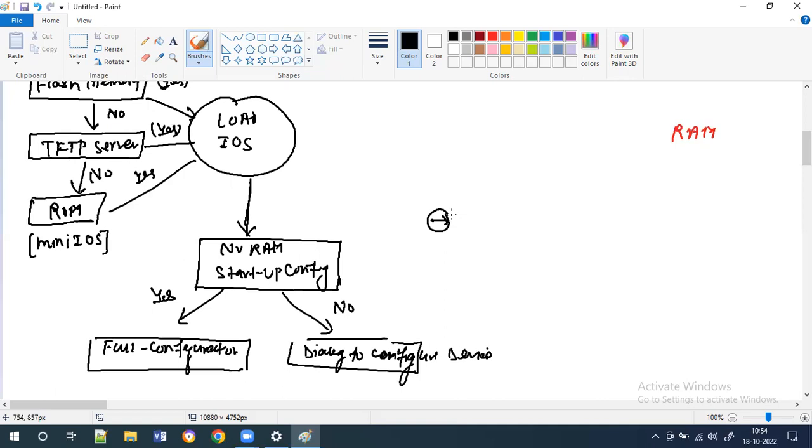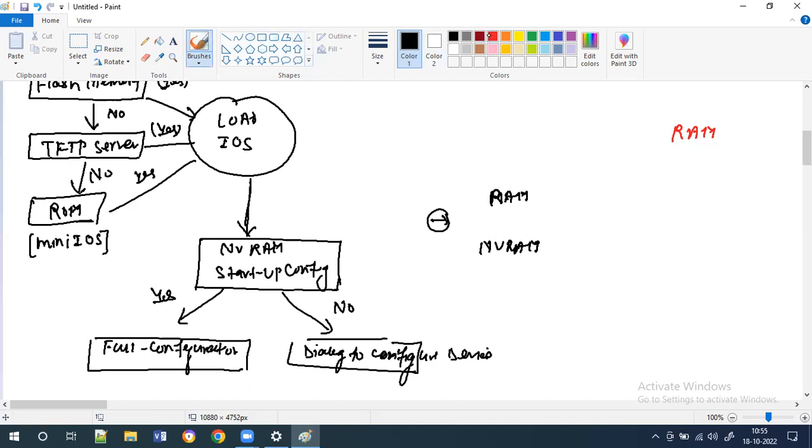If the router goes down because of a power failure or hardware failure, the configuration will be wiped out from the router. If the router goes down, I still want that configuration. In that case, we have to write the configuration from RAM to NVRAM